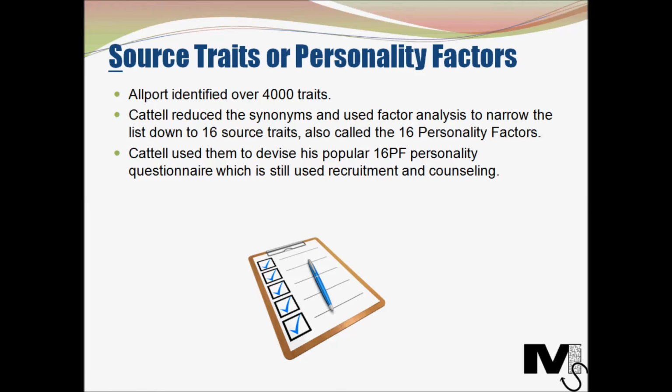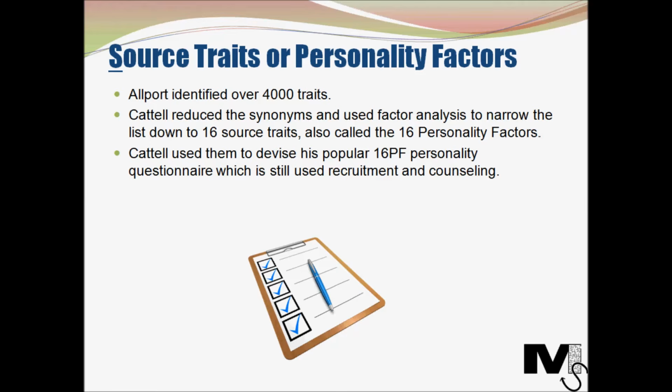Now, Cattell used this list developed by Allport, reduced the synonyms and used factor analysis to narrow the list down even further, and basically came down to 16 traits called source traits, and these are also called the 16 personality factors. These 16 factors are as follows alongside the personality implication of a low or a high score against each factor. It is these factors that Cattell used to devise his popular 16PF personality questionnaire, which is still used